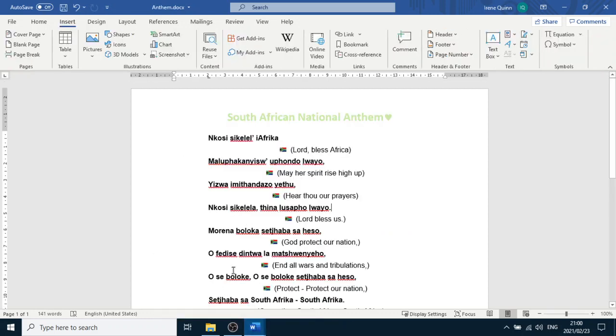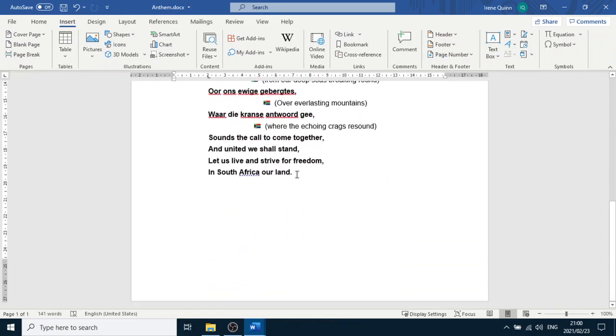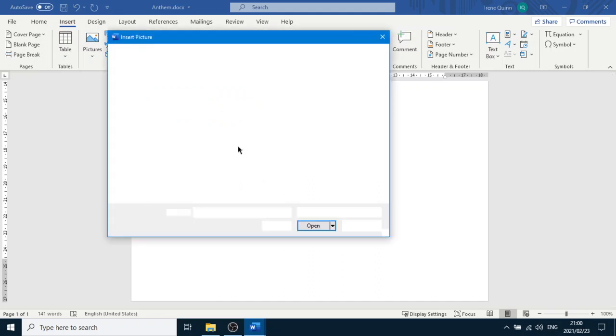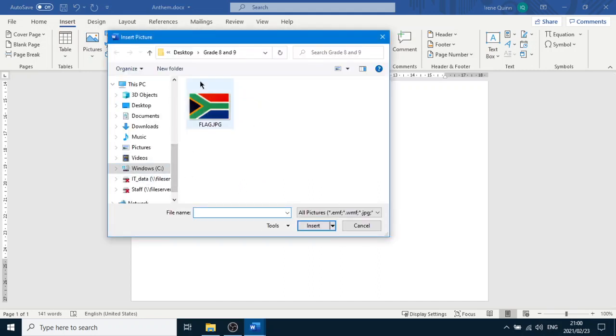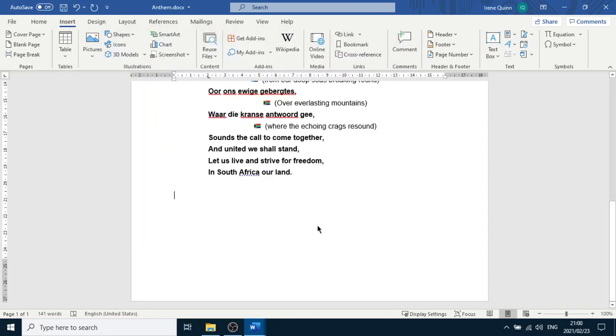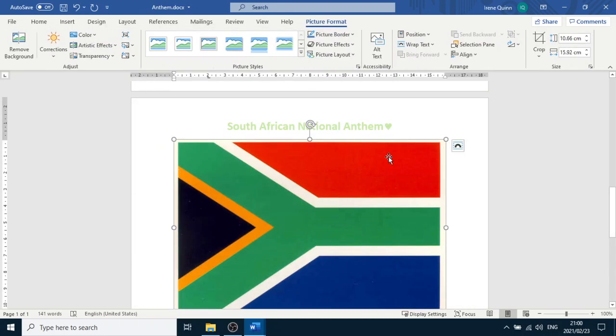So let's go to the end of our document over here. We get to the last line and press enter, maybe 2 times. You go Insert and Pictures, and you say From this device, because you've got your items on the hard drive, and it automatically defaults to the folder. It takes you straight to the folder where all your work was, and you'll find flag and click on Insert, and we wait, and you see it's very large, but remember what we said, we have to change the size. So when your picture is on, you have a Picture Format